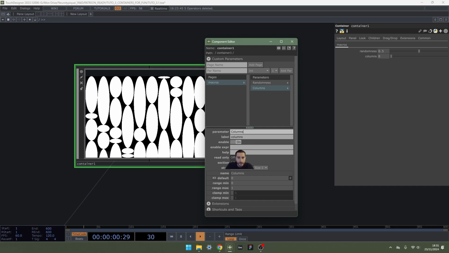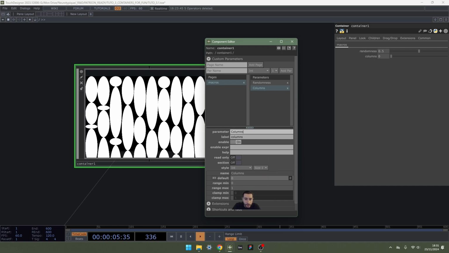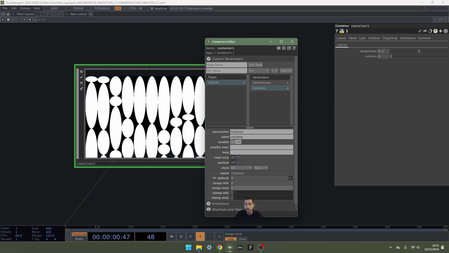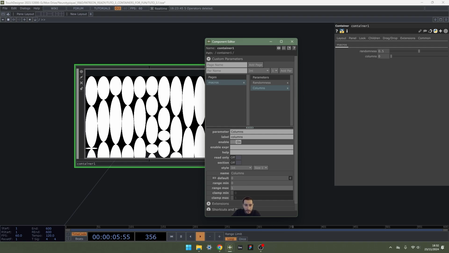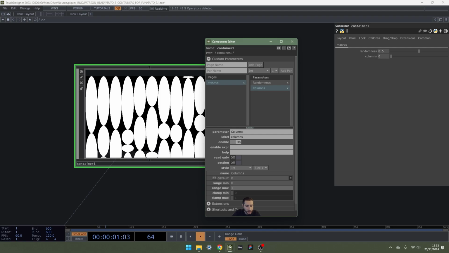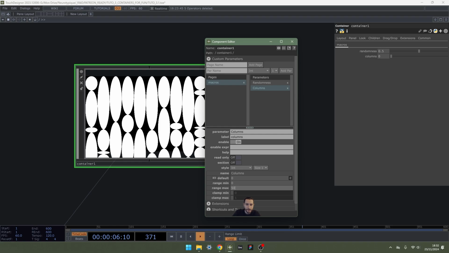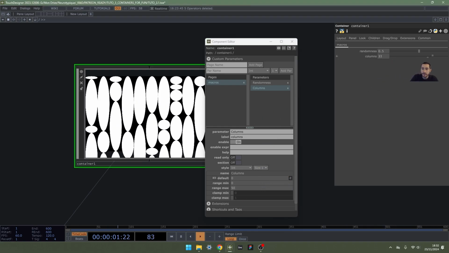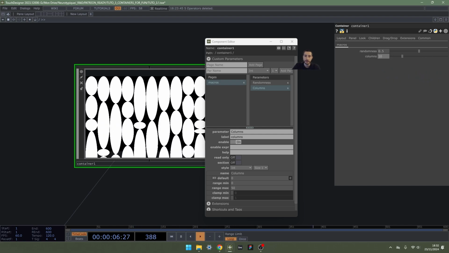For these columns, I want the minimum range to be 0, so 0 copies, so only the original column. And for max, let's see how many we can do. Let's say 50. Okay, so now I have columns, and I have this 0 to 50 slider. It doesn't go through decimal values.